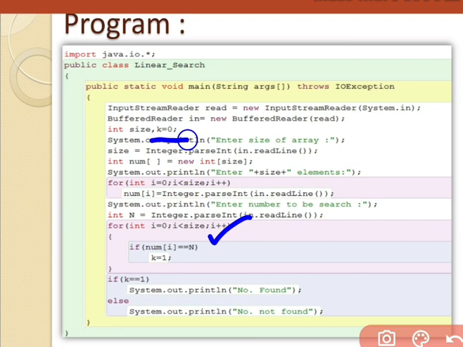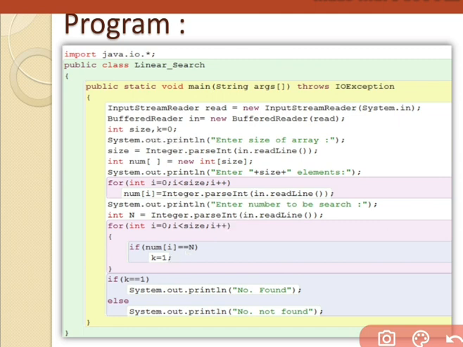But now k equals to 1 shows us we are having that element in our array. 0 indicates we are not having it, 1 indicates we are having it.